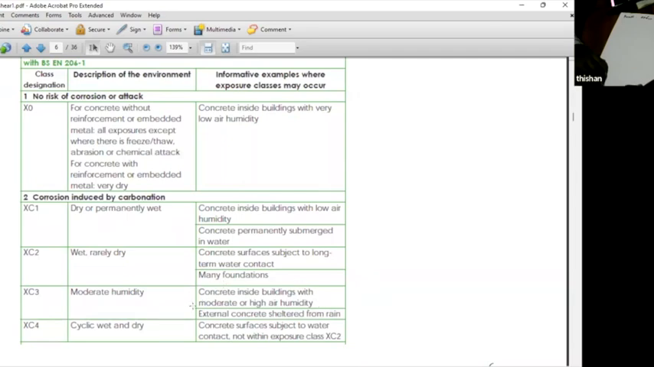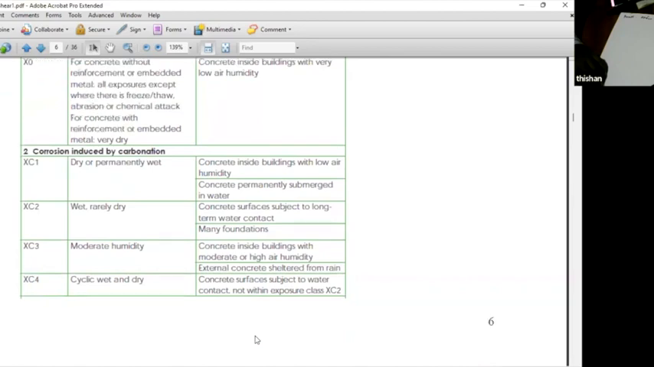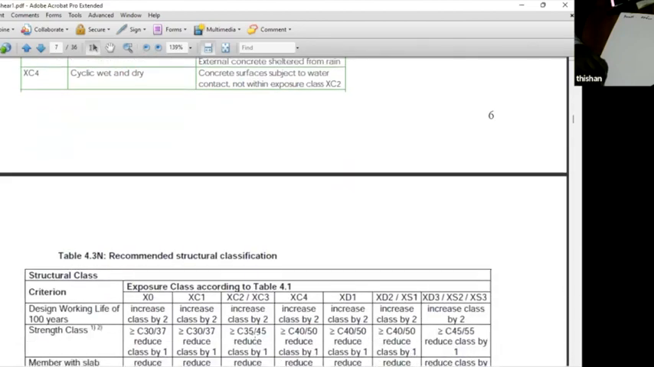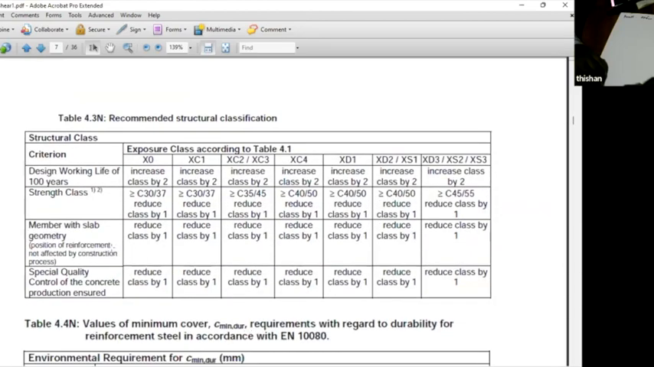Now XC3 is the one that we generally use in buildings, and external concrete sheltered from rain. This may be applicable to bridges, but on the other hand, we can go for XC4. Right, XC4 is more stringent, and if you are using XC4 and design working life 100 years,